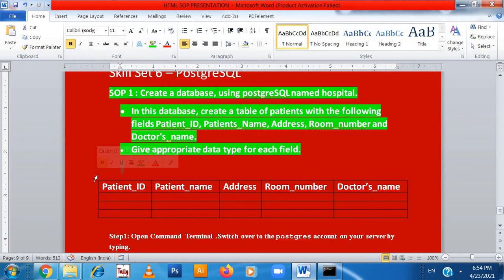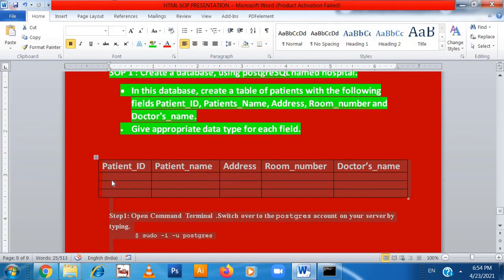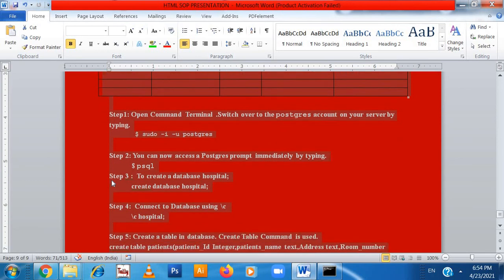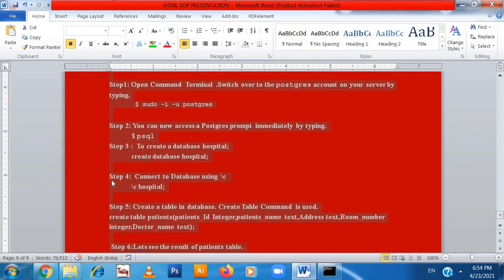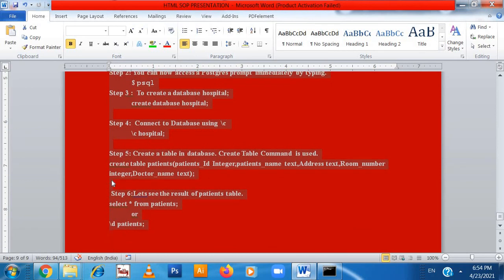Then we made this table also. Then we opened the command terminal. Then we accessed the Postgres software. Then we created a database. Inside we created a table. Inside the table we created the fields, and we opened the table also in this experiment.